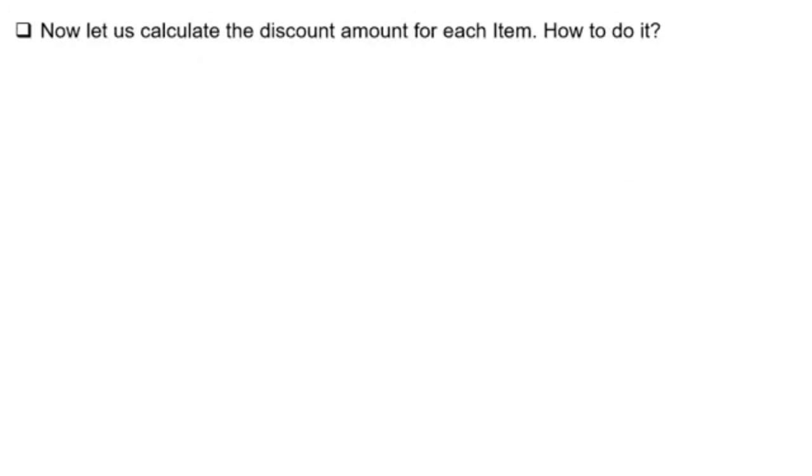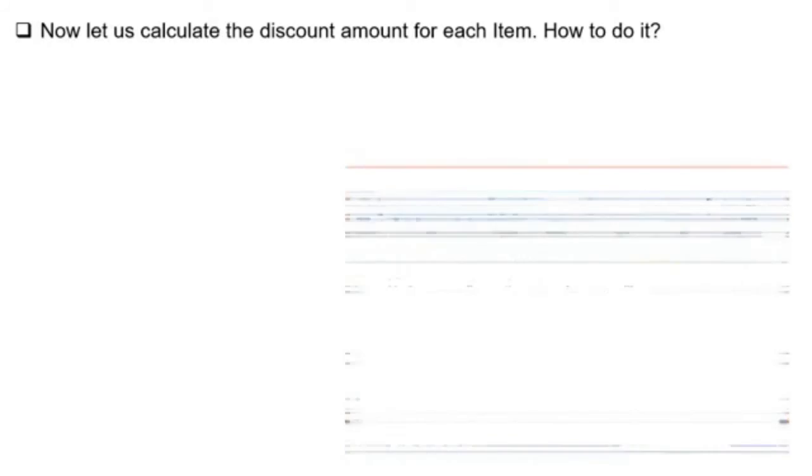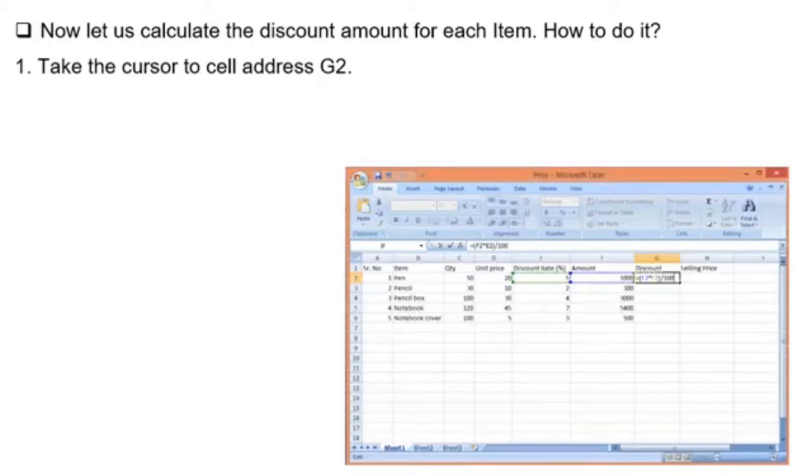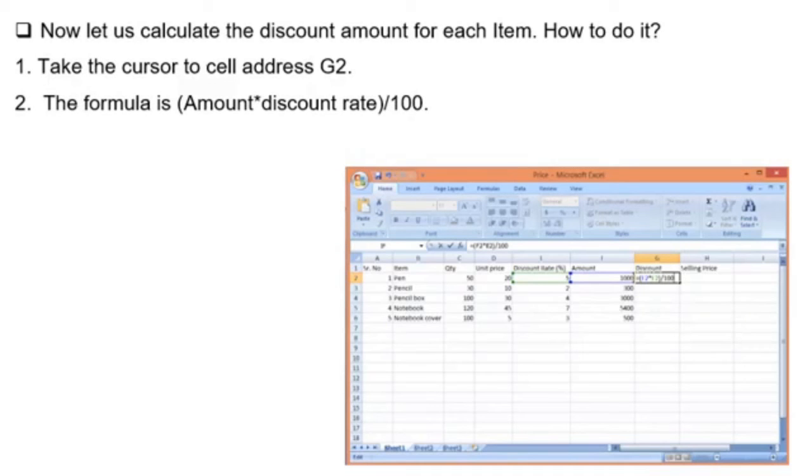Now let us calculate the discount amount for each item. How to do it? Take the cursor to cell address G2. Okay, now tell me, if we want to find the discount, then what is the formula we use? Yes, the formula is amount multiplied by discount rate divided by 100.